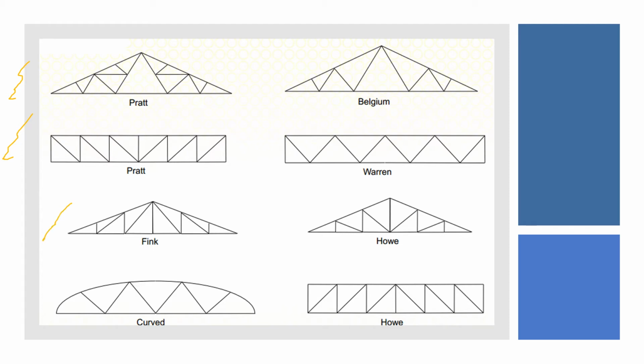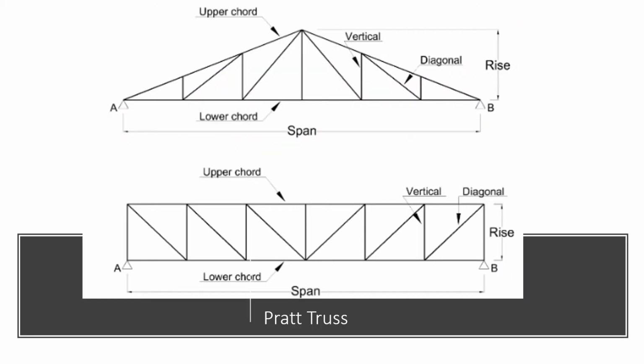Fin, and this is curve. This is Belgium. Warren. Hole in triangular and rectangular of hole. Okay, here we have types of Pratt truss. Okay, for the triangular,